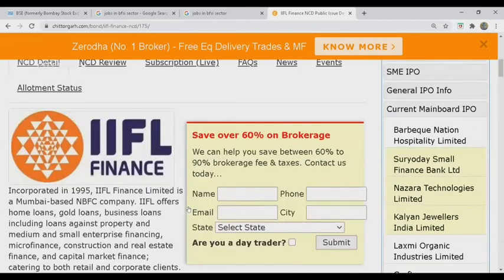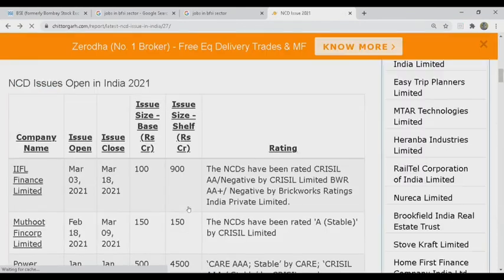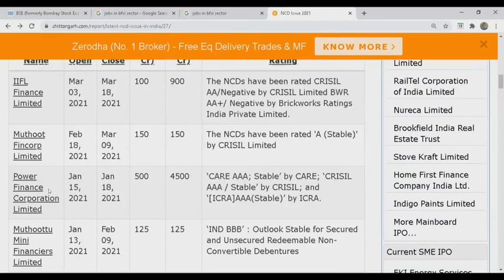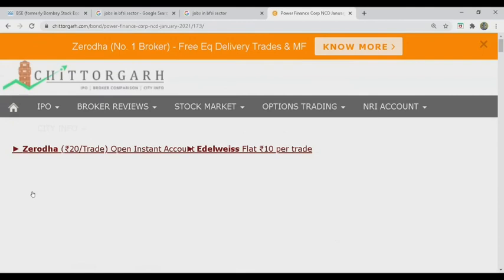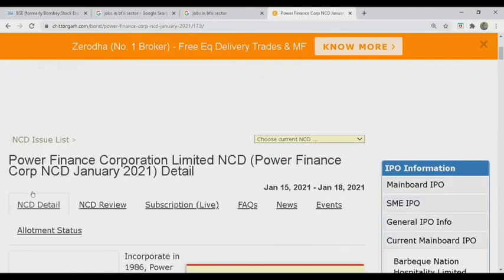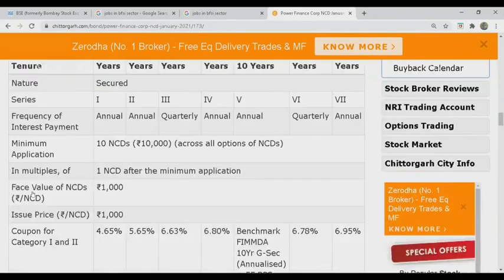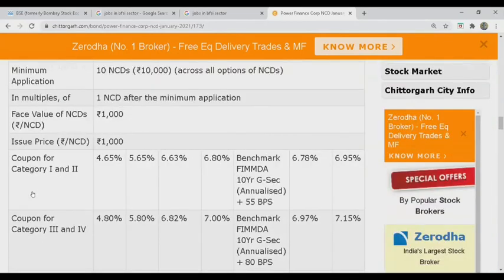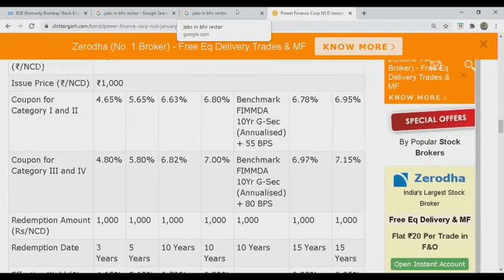And if you now take a look at the rating here, okay, to look at a top rating here, like Power Finance Corporation, which was there in January. If you see what they were offering, they had a AAA rating. So you will find that there is a huge difference in the rate that they were offering, because they had a very high rating. So they were offering a much lower return, much lower coupon rate, right? The maximum was 7.15% here. You can see 7.15%. Okay. Now, so this is done by the rating agencies.